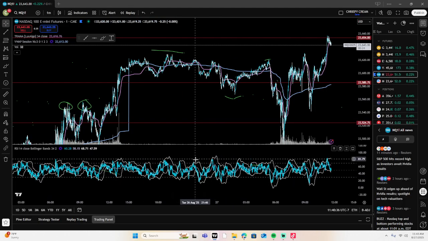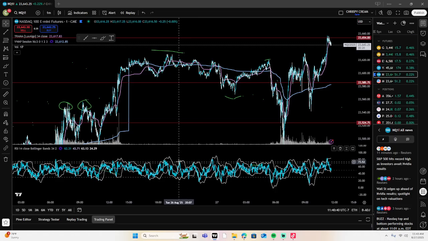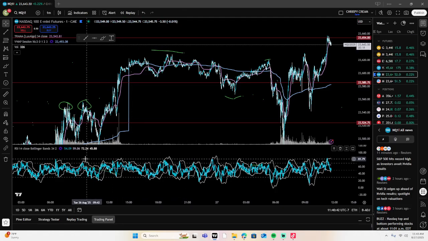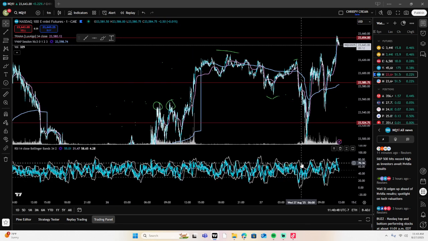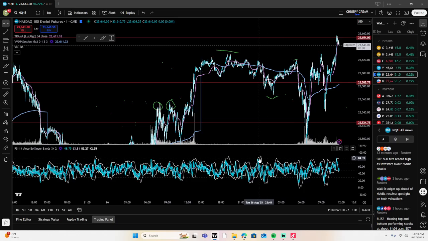Okay, you come right here, you look around this area. Do you guys notice something? Look at this high, this high, this high, and this high. RSI level, boom. And then if you zoom out even more, you can see if you come to this top area right here, this high,